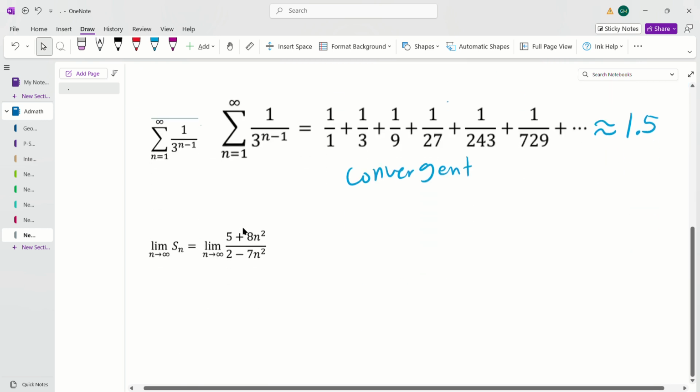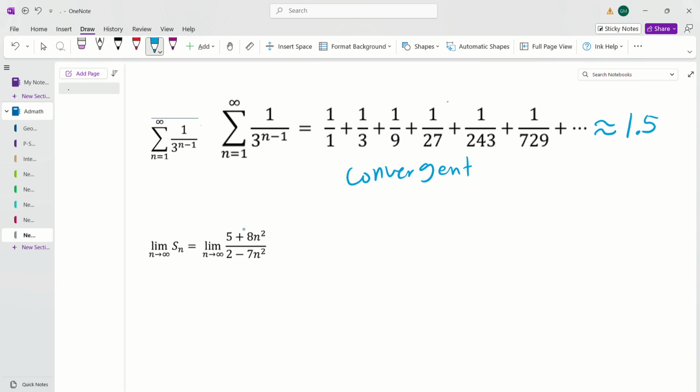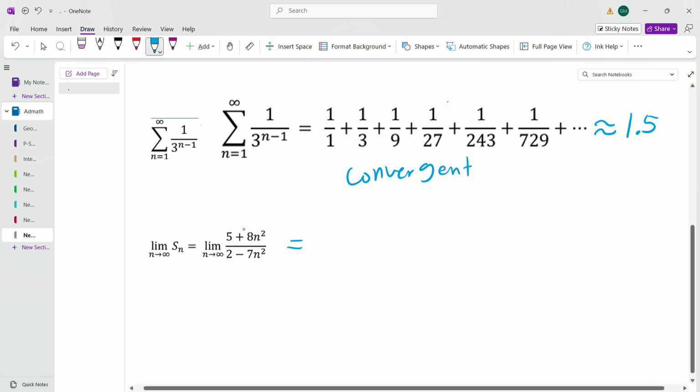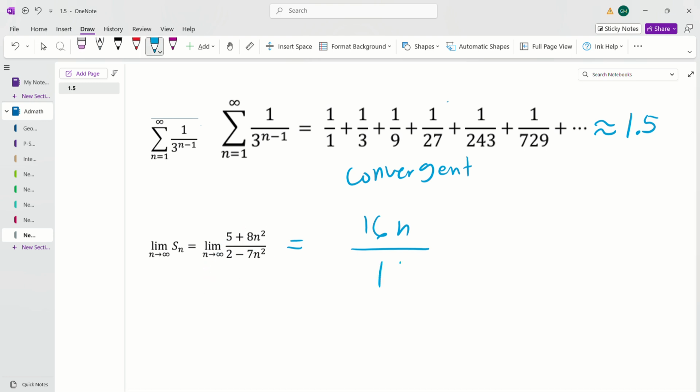Next, another way of finding the limit is basically evaluating the limit. So let's apply L'Hopital's rule. Let's differentiate the numerator and the denominator. Let's start with the numerator. So that is 16, and next differentiate the denominator. So that is 14, and